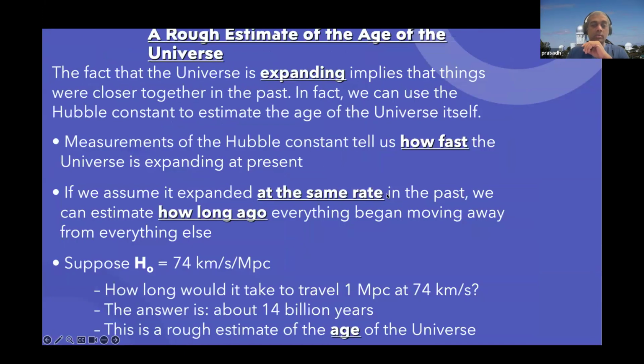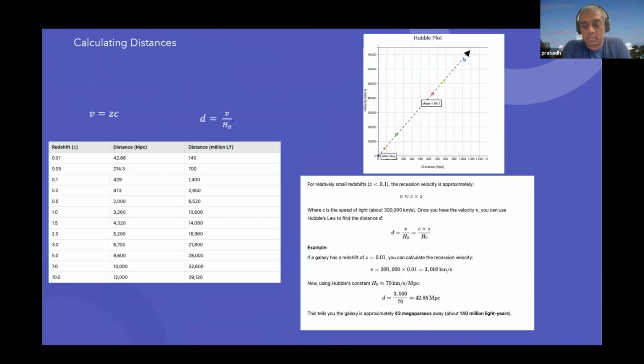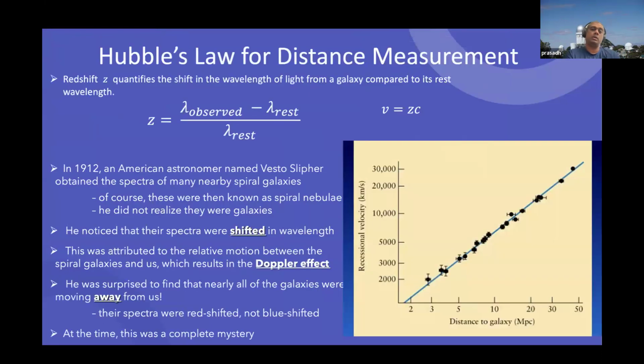So the idea is, let me go back. Right. Now, after we know this distance measurement using supernova explosions, another method came out to measure distances, and this is using Hubble's law, and this is used specifically only for these extragalactic distances. What we actually use here is something called